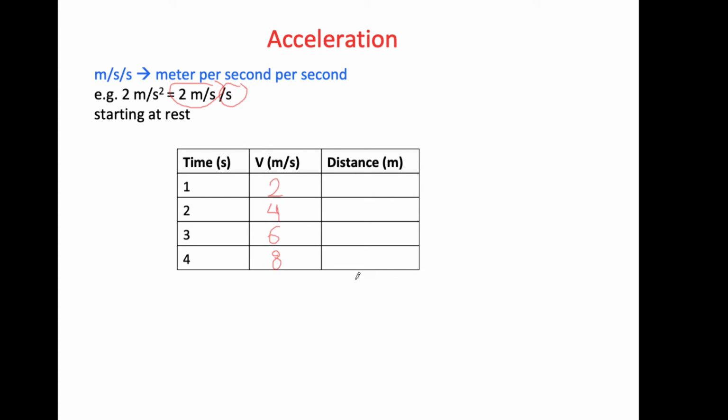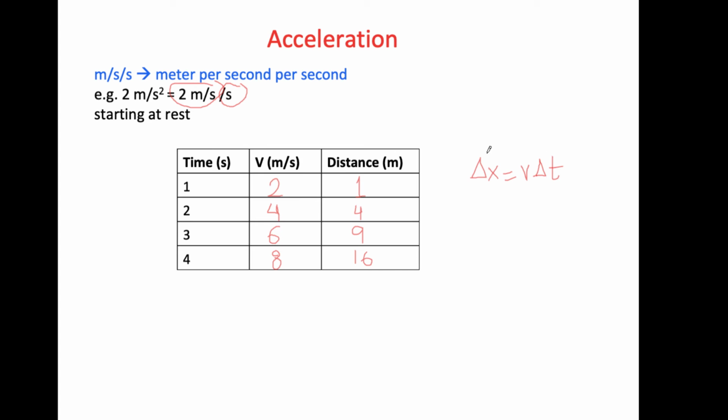How about the distances covered? We have not learned the formula for calculating it yet, but I will tell you the final answer. We will learn how to calculate these distances later on, but right now you need to notice one thing. The displacement or distance formula that we have been using so far is not valid here. Just check any of the rows. Velocity times time does not give you the displacement. 2 times 1 does not give you 2 here. Similarly, 4 times 2 should be 8, but it's not giving 8. So why is this formula not working here?